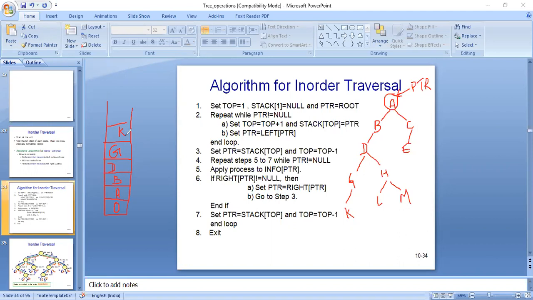And no other node is pushed onto the stack since K is the last left child node, or you can say it is the leaf node. So there is no other node, that is why we are halting here. Then afterwards we will backtrack. Whenever we find the leaf node, we will start backtracking, similarly to what we were doing in pre-order. So when we are backtracking, the nodes K, G, and D are popped and processed.